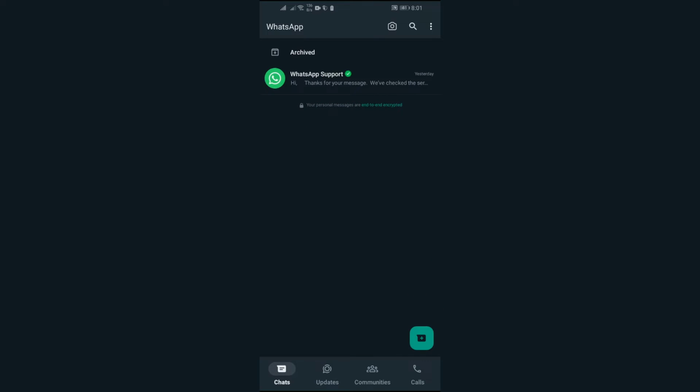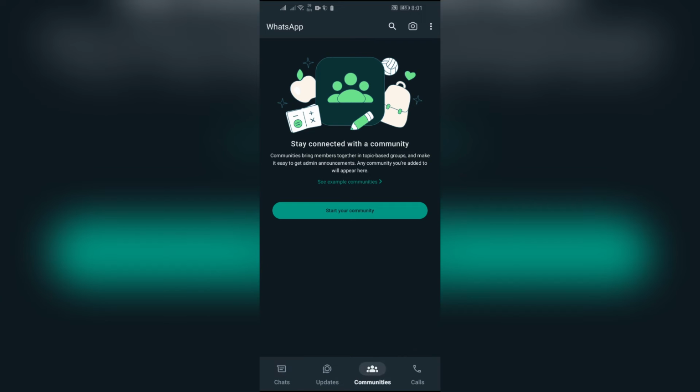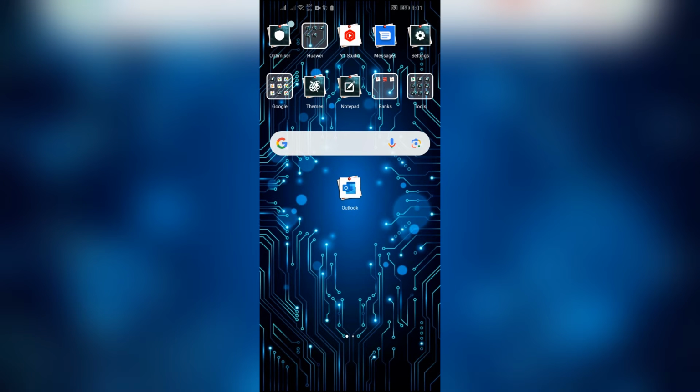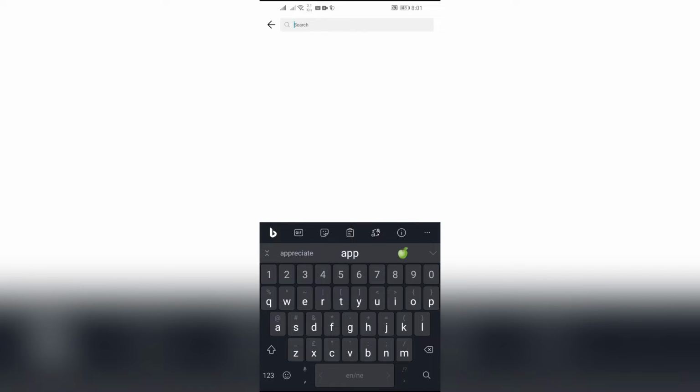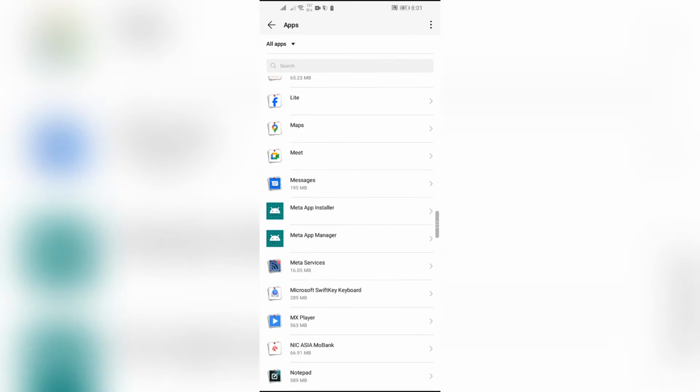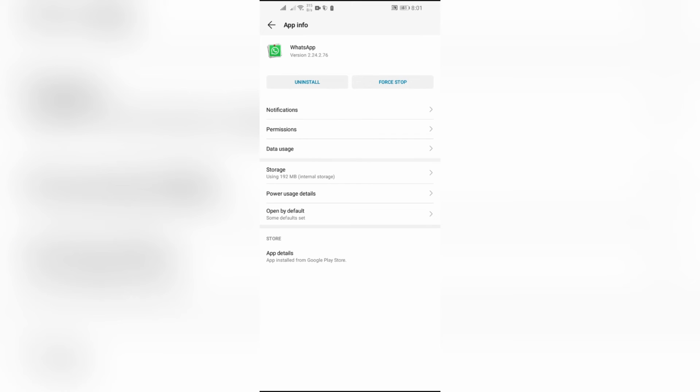So if your camera is also showing a glitch like this whenever you call, you just simply have to go into your settings and in there search for App Manager or App Settings. And after going into App Settings, just simply find WhatsApp in your apps, and after that you just simply have